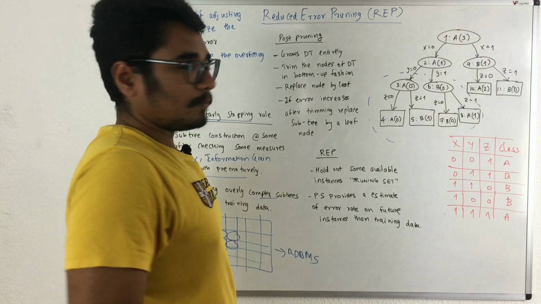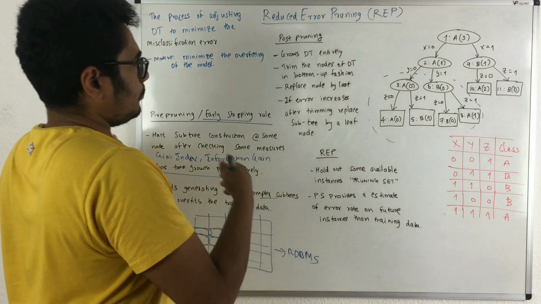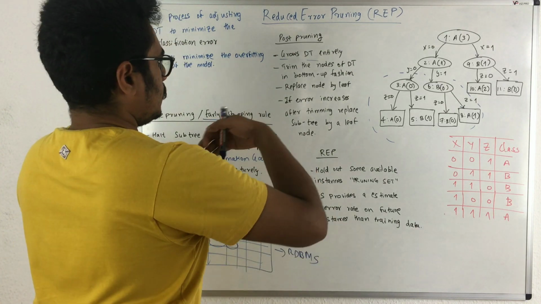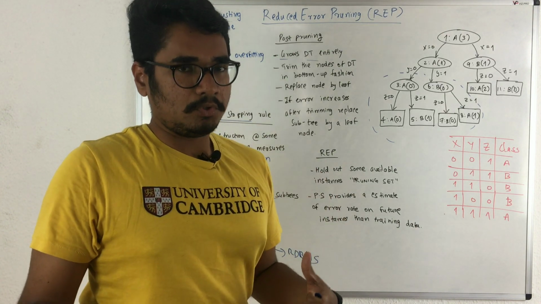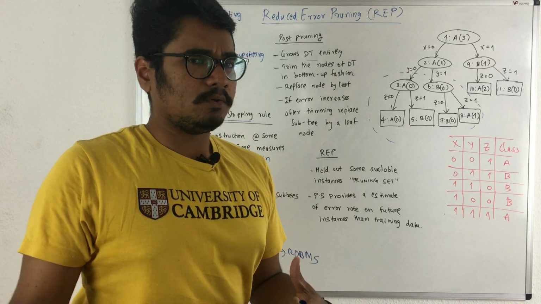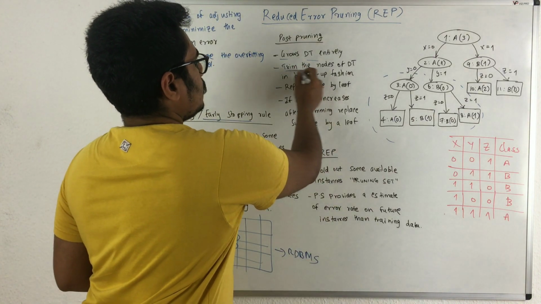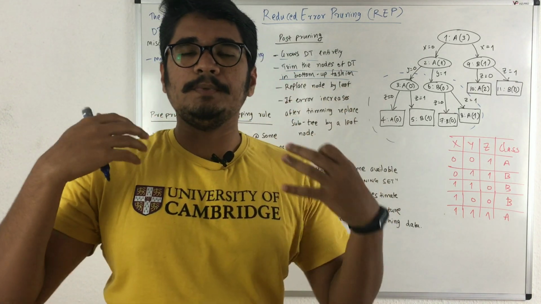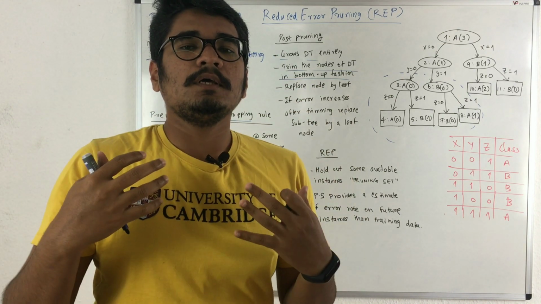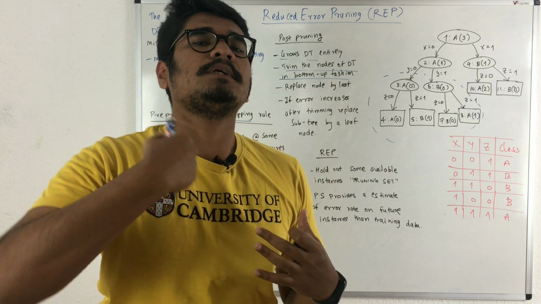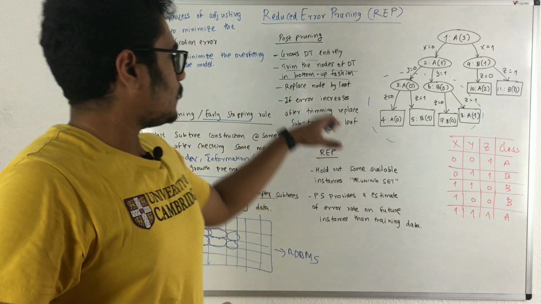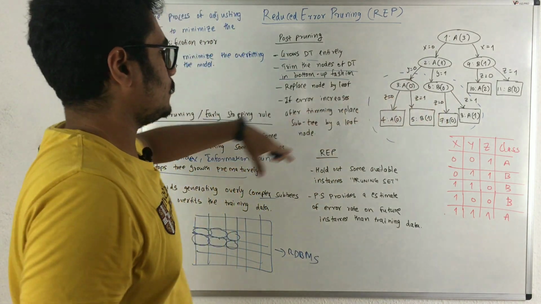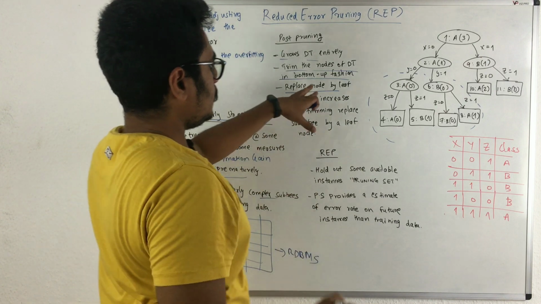The next pruning method is called post-pruning, meaning pruning after the tree is built. It grows the decision tree entirely, to whatever depth you want, and then you trim the nodes of the tree in bottom-up fashion. It's like if you have grown a beard and it grows out, you take the trimmer and trim from the bottom up. A similar thing is done in a decision tree: you trim the decision tree in a bottom-up fashion.